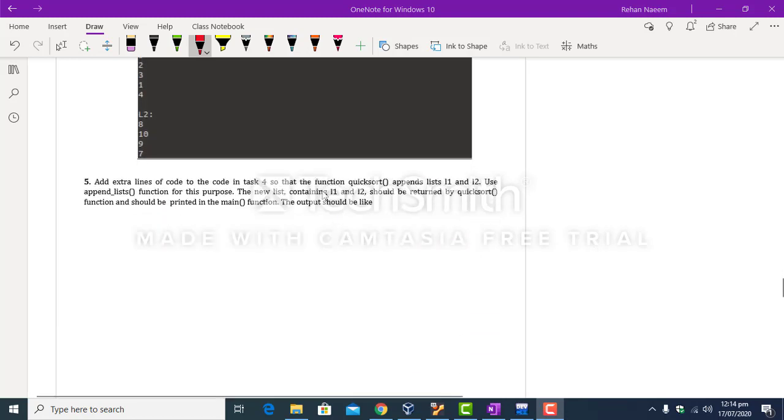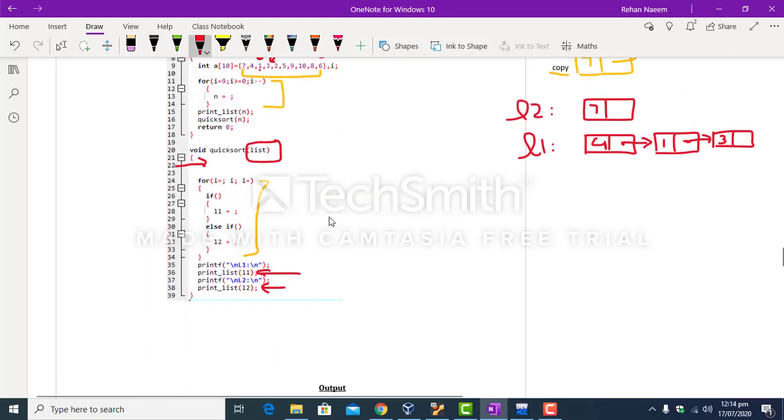Okay, in task number 5 you have to slightly modify the code in task 4 so that the function quicksort does an extra job, and that job is to append list L1 and L2.